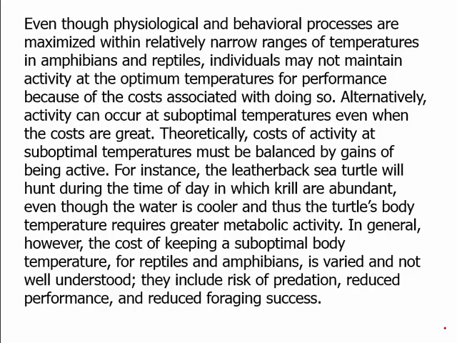For example, if the lizard can run fast at an optimal temperature and it runs much slower when it's too hot or too cold, well, if it's running slower, then that makes it easier for something else to catch it. And so risk of predation, reduced performance, or just reduced foraging success. It's harder for them to catch the food, again, if they're slower or something like this.